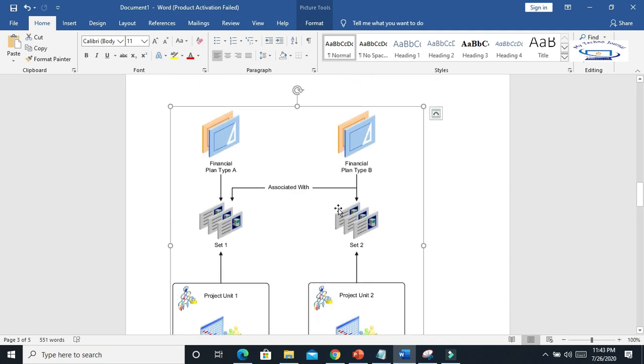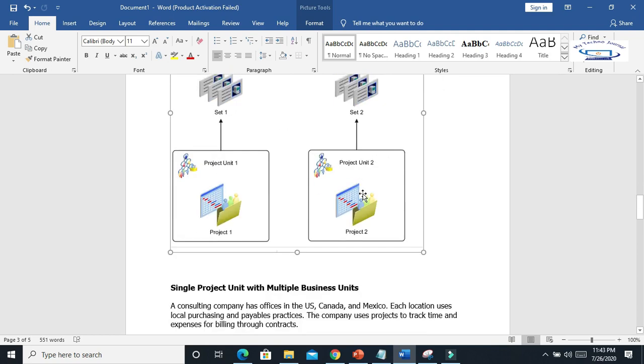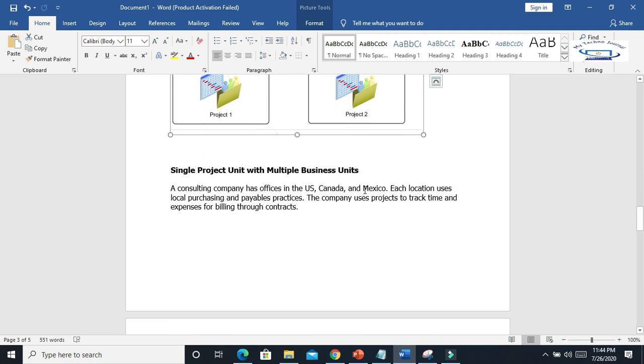Okay. So the reference data set will decide what kind of information, setup, configuration you can access or you can use for the project. Second thing, as I told you, for project unit, you can maintain a single project unit, or a one to many, many to one, or many to many relationship between a project unit and a business unit.